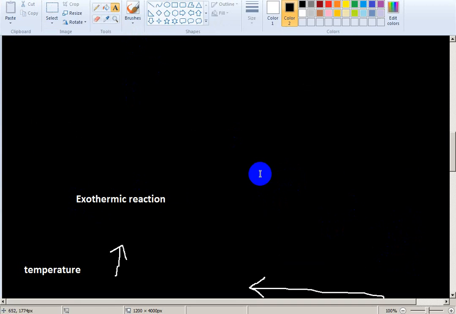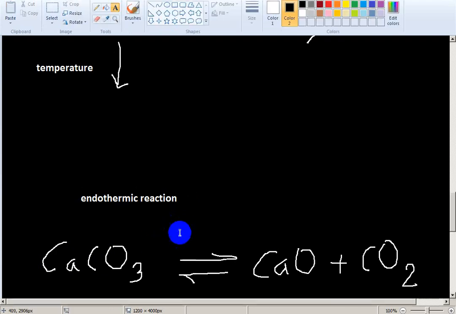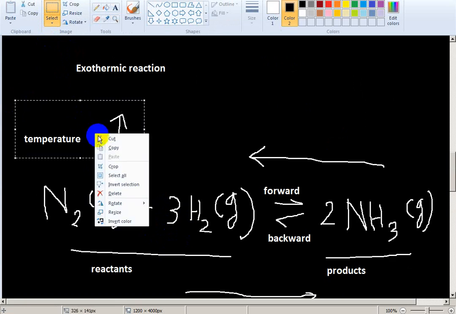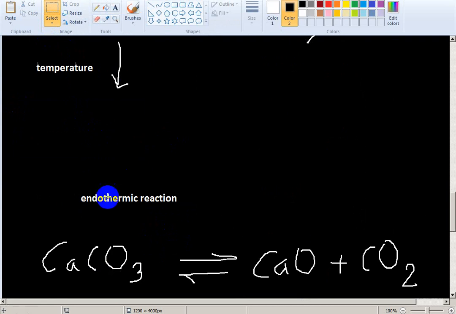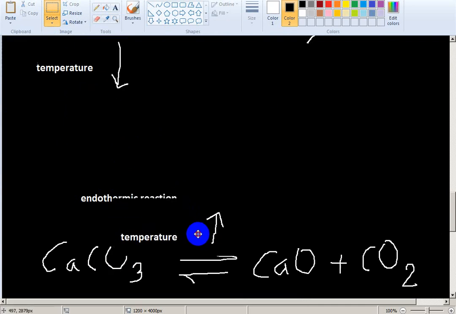Now I am doing it for endothermic reaction. Here I give another example. Here the forward reaction is endothermic. In this reaction, the forward reaction is endothermic. The backward reaction is exothermic. If I increase temperature for this reaction,